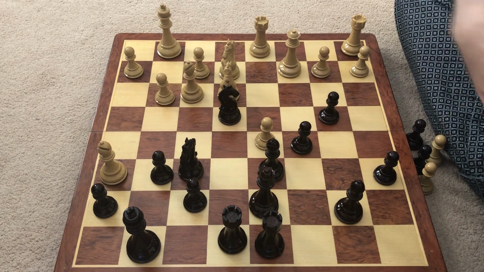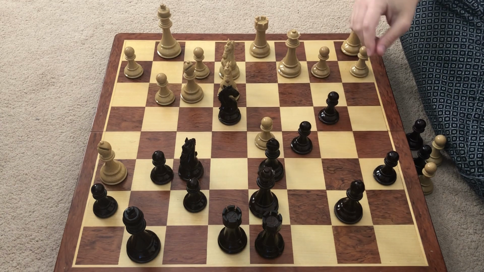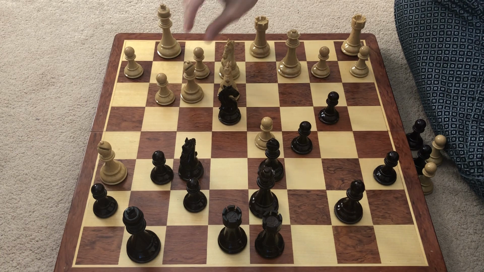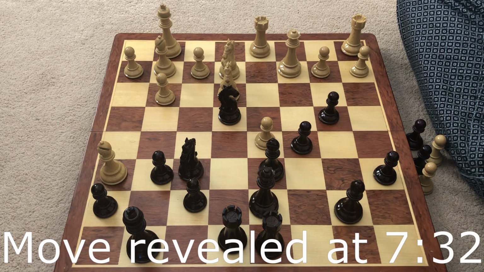I mean, both of his bishops are firing, his rooks are firing, his knights are on dominant squares. And this pawn has just been put to a halt altogether. White's attack has failed. And after bishop g2, I want you to pause here and have a think what black's